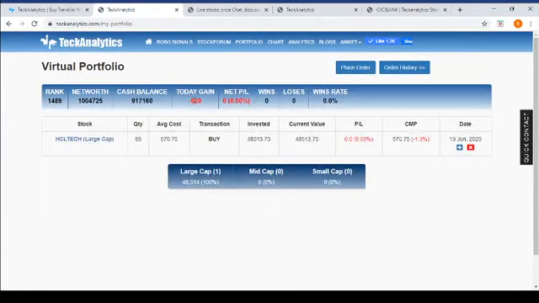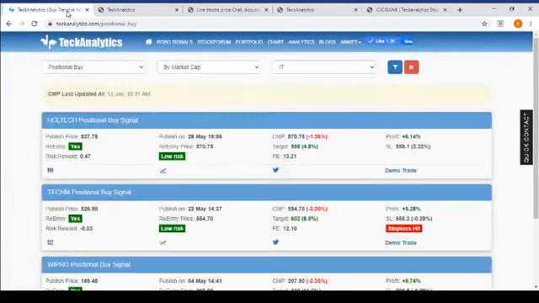Don't worry about today's gain, because it's calculating CMP negative. So the total number of stocks with whatever is the percentage change. Ultimately what matters is the net profit loss and the net worth. So I'll go back to the signal again.